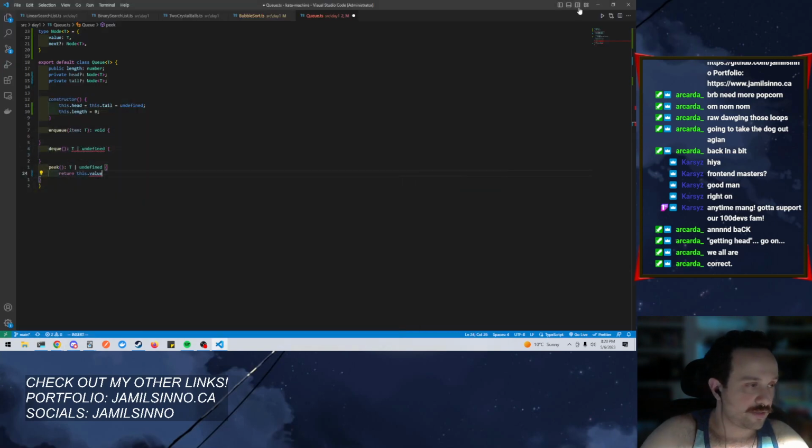This dot head dot value. If head is undefined, then it doesn't return it. Otherwise, it returns the value. This dot head, so if it exists, return it. Otherwise, return the value. So if we're doing dequeue,